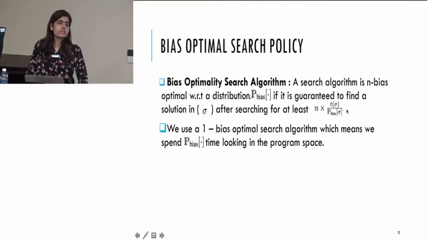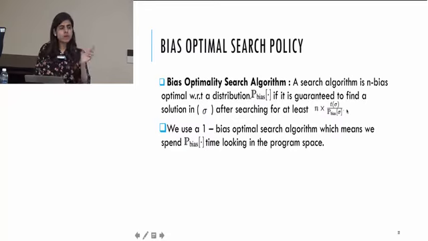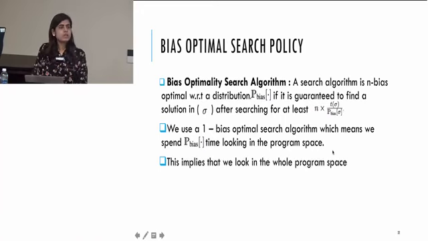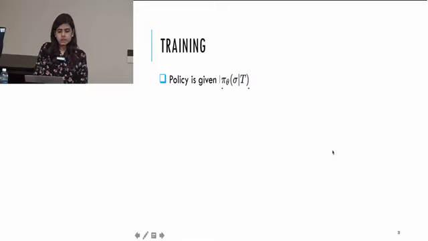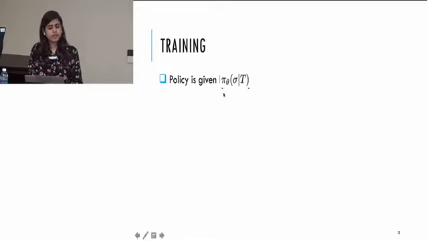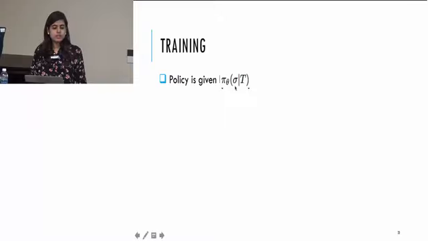Intuitively, we can say that it will take 1/p-bias times n to look for a program. We make use of one bias-optimal search algorithm, which means p-bias by 1, we're looking at the whole program space. And the idea is to search for all possible combinations but focus on areas that are more promising. Our policy is given by this notation, pi theta of sigma given t. So you have your trace set, and sigma here is the best program you can come up with for that